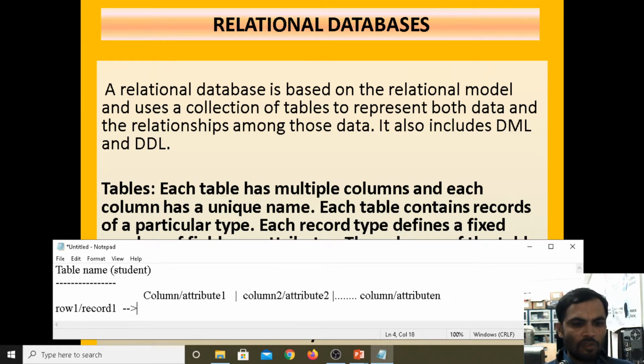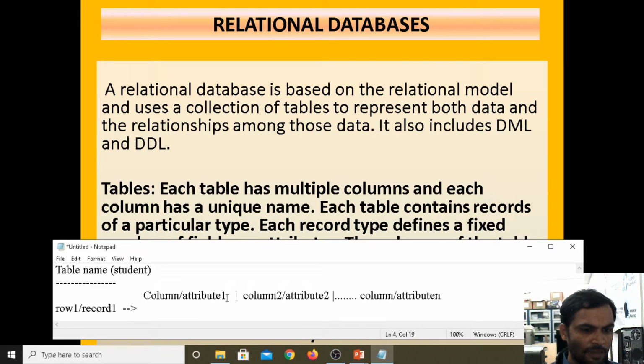If the Oracle software were available, we could see it practically. In the next classes I will show the practical scenarios of how we create the table and insert records inside the table in the Oracle database. For now, a table consists of a collection of columns and rows.